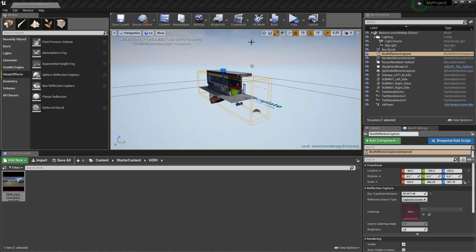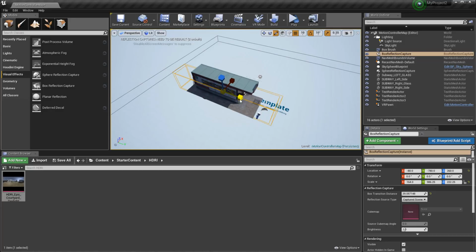So I'm just going to click here and drag my mouse like crazy to fit this in here. Grab each end, just scrubbing across. There we go. Okay, so what I have here is a basic cube,